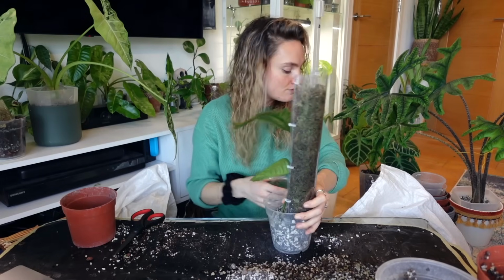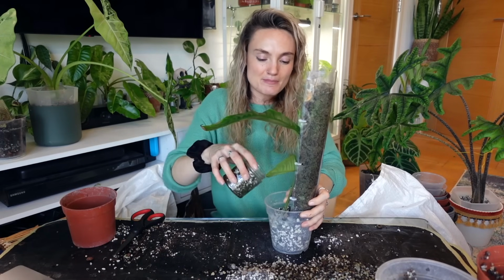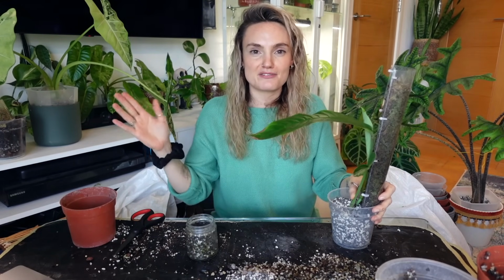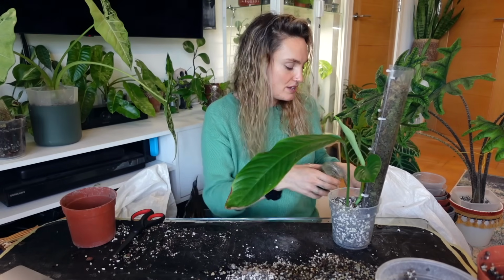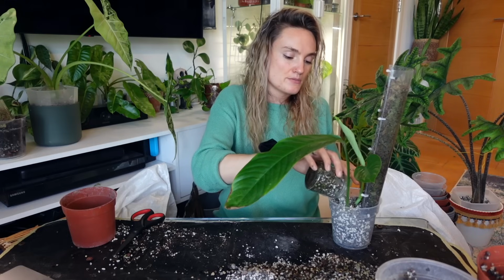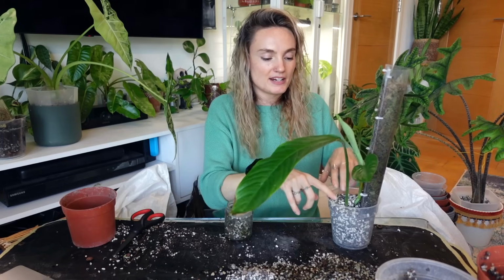And I'm again running very low on my plant supplies. I know I said at the beginning of each month I was going to try and place a little order and get everything neat and organised, and although I've been better at keeping things not neat but organised, there's a few things that I have fallen behind on. And to be honest, this weekend I was sitting looking at my plants and I was like, yes, again, I've let my plant care slip a little bit. And I know it just happens,